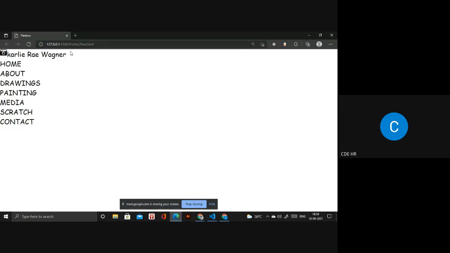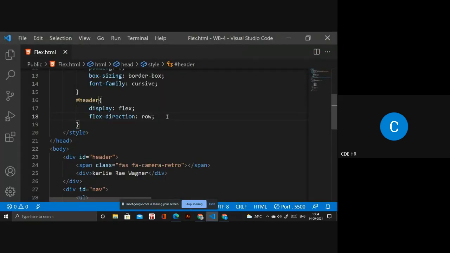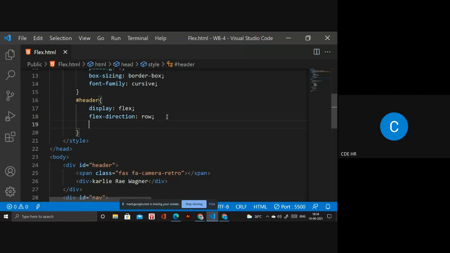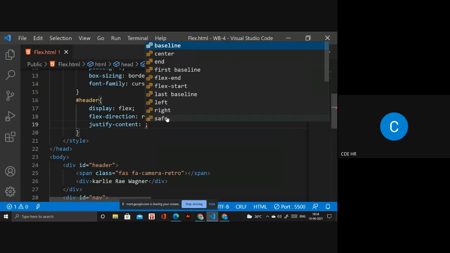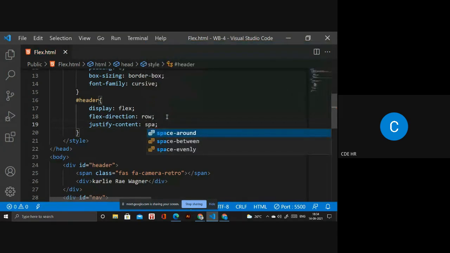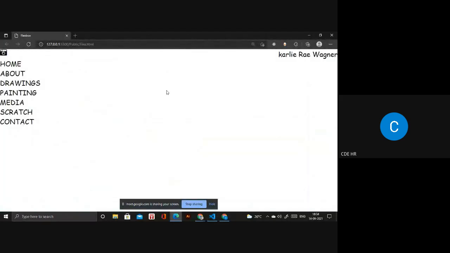This one is the row. Now in the row, I need justify content. You have to write flex-start or flex-end, whatever you need. If I need space-between or space-around, I can. It looks like this. Okay.